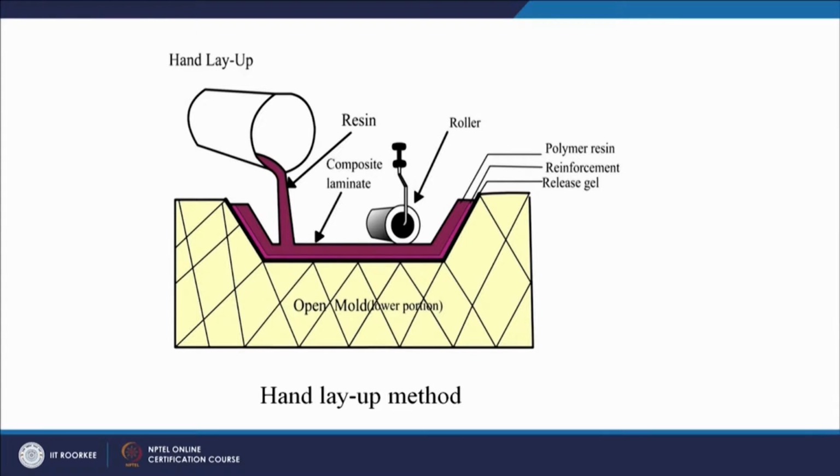Second, why are we using the release gel? This is a very logical question. There is a tendency of the resin or the polymer to stick to the mold. We have to avoid that sticking action between the polymer and the mold, and therefore we have to apply a release agent or a release gel. The release gel is usually in the form of a spray, like a deodorant that we apply on our body. We can spray that gel on the surface of the mold before starting our process.